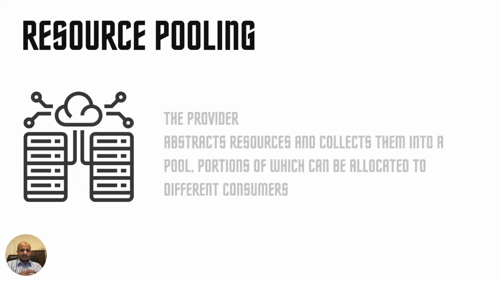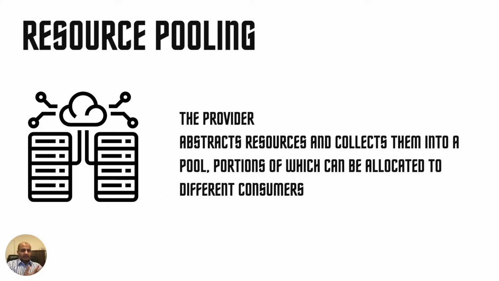Let's start with the very first one, which is resource pooling. Resource pooling is one of the most fundamental characteristics of cloud computing. What does it mean? It simply means the cloud provider has a pool of resources, a large amount of servers and storage and networking, which they allocate to their customers, right? You are not aware of it. They have a multi-tenant model. So it's not just you, right? There might be millions of other customers. But from your perspective, it's completely transparent.